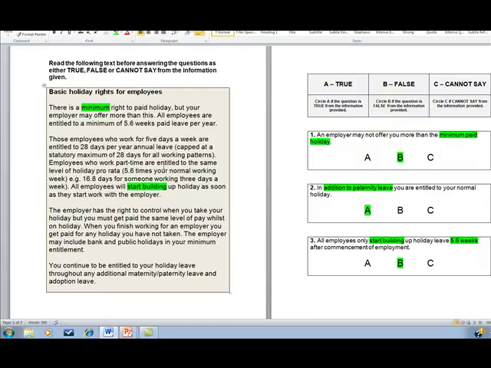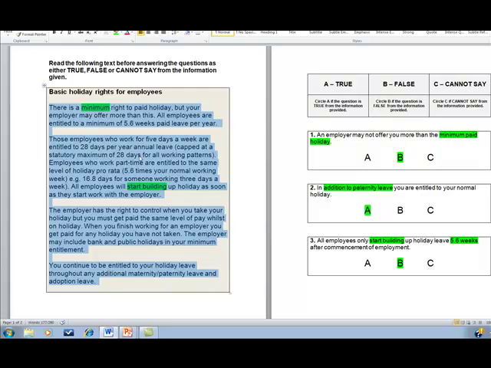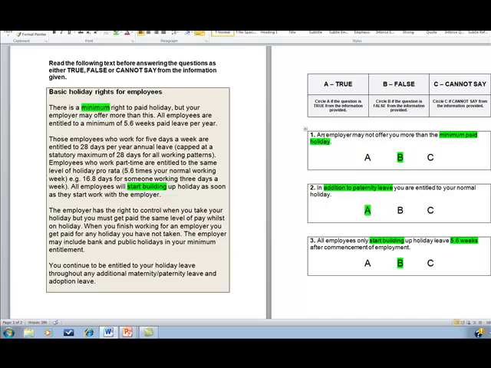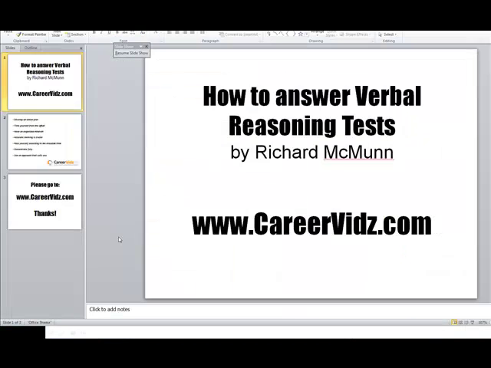Now, even though I've not done that under time restraints, and I've been talking to you whilst doing that, you will see that that is quite a fast way to approach these questions, and I would encourage you to use that. It won't work for every question, trust me, but try practicing this when you try different sample verbal reasoning test questions, because for me it does work. I'm not very good at scouring and reading through the whole passage because I forget some of the information, and then when I come to answer the questions on the right hand side, I've forgotten some of it. So I don't follow that instruction to read the following text before answering the questions. I read the questions first, and as I'm sure you can appreciate, this is quite an effective way of answering the questions.